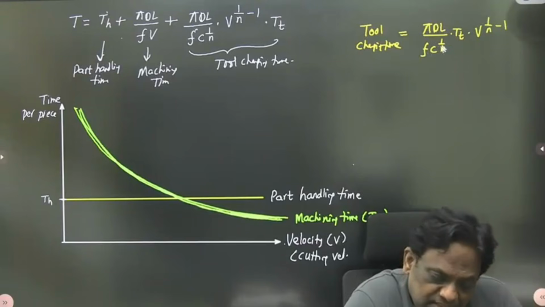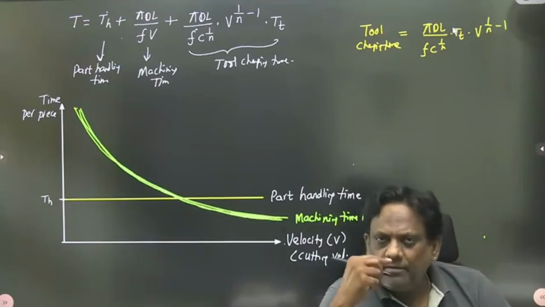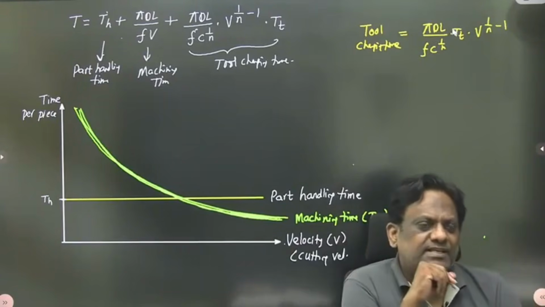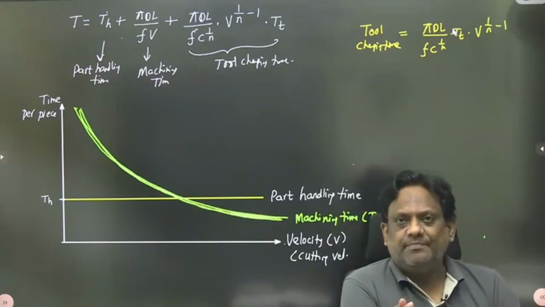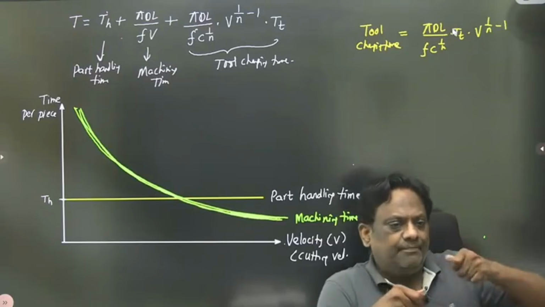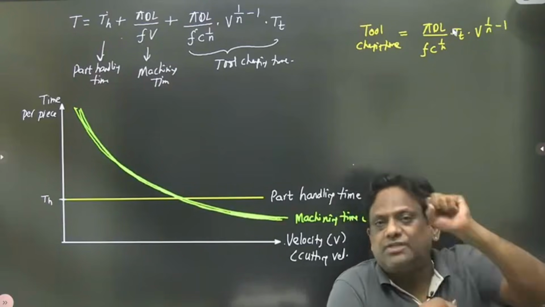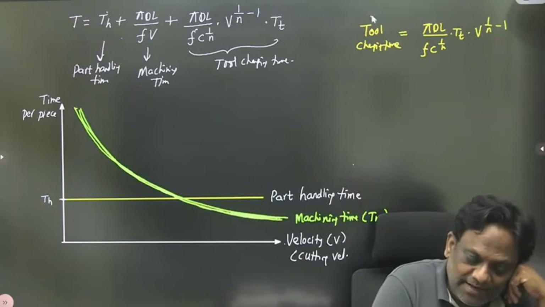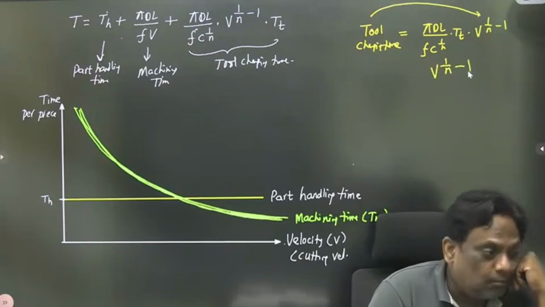Feed is constant. C is constant. Per piece it is constant. Tool changing time per piece. The TT is tool changing time. The tool changing time has nothing to do with velocity. It means removing the tool and installing the tool. When you are removing and installing the tool, that is the tool changing time. Okay, very good. Now you tell me, it is depending on what, sir? V, everything is proportional to V power 1 by n minus 1. Very good, sir.